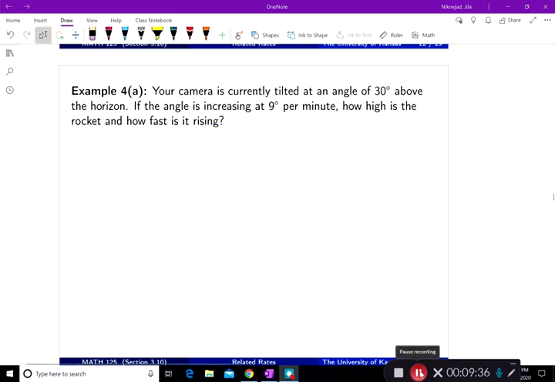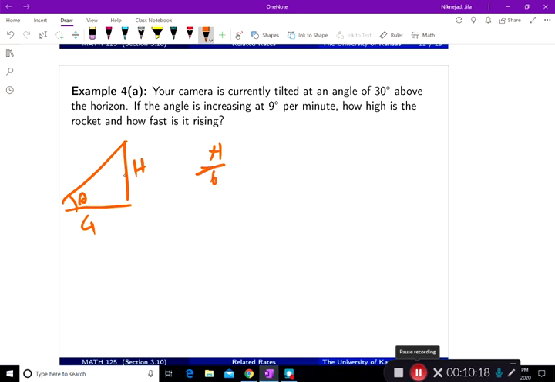So it turned out that I didn't need the height of the rocket to figure out the rate of change of the rocket in this case. But let's calculate it anyway. Sometimes we have to calculate one of the quantities to be able to calculate all the rates of change. So in here, if I'm calculating the height of the rocket when the angle is 30 degrees or pi sixth,